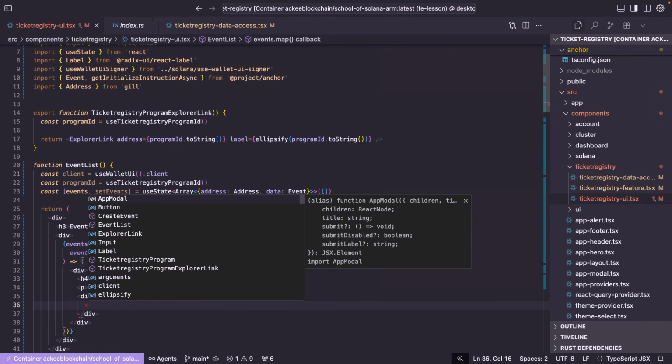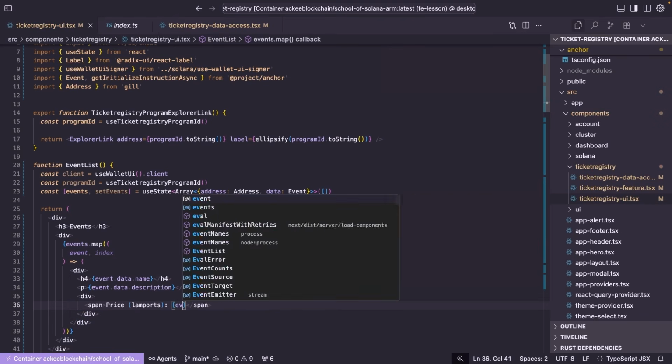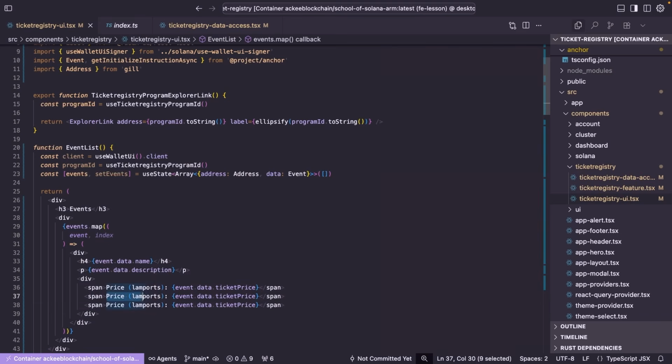Let's do span price. Price will be in lamports. And it will be event.data.ticket price. Right here we'll have available tickets, and data.available tickets, and right here will be the start